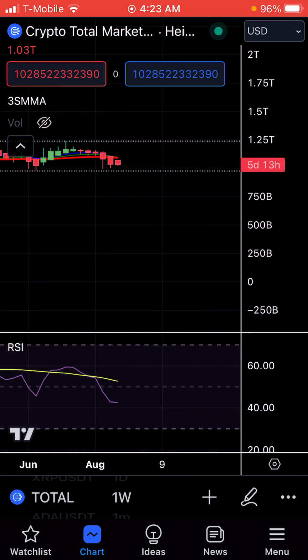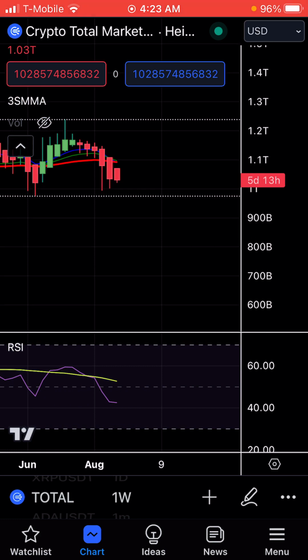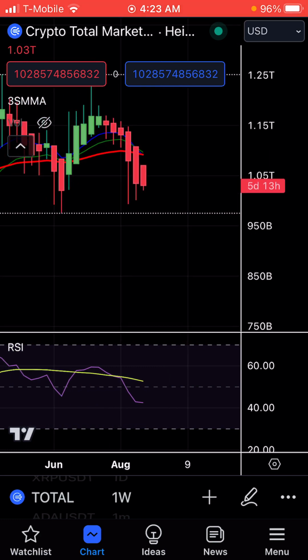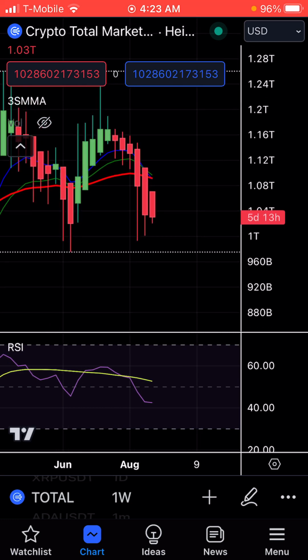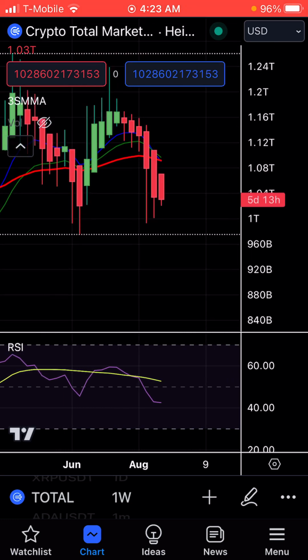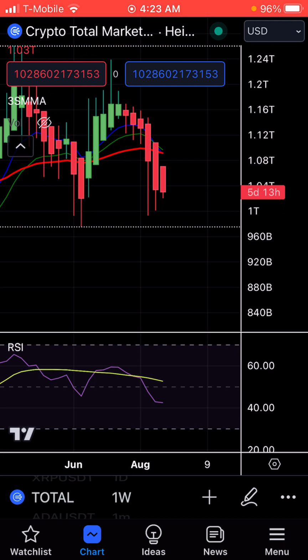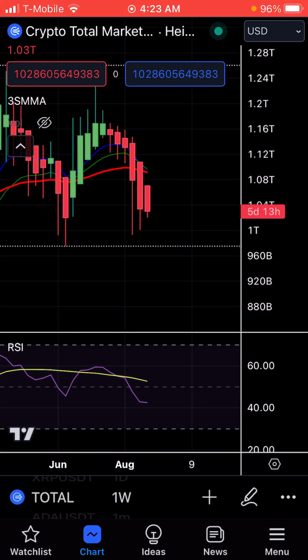And you want to do this with the total market cap. We're not looking at any specific stock or crypto. We're looking at the total market cap. So doing this with the total market cap will give you the outline of what is happening in the market altogether. So what we can see right here on the weekly, if we hide the candles here,